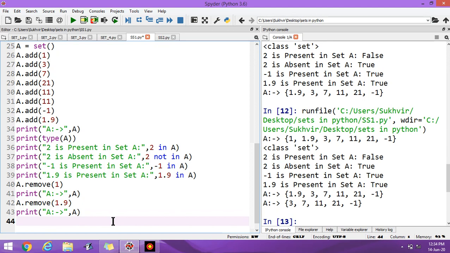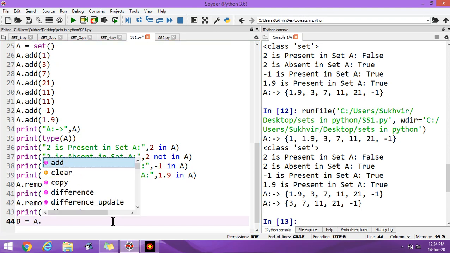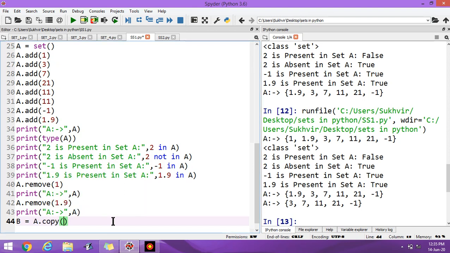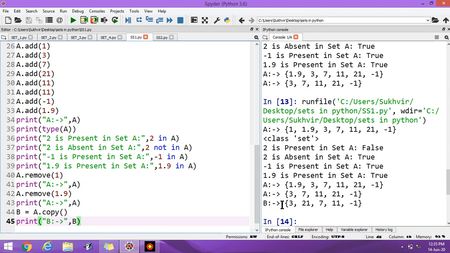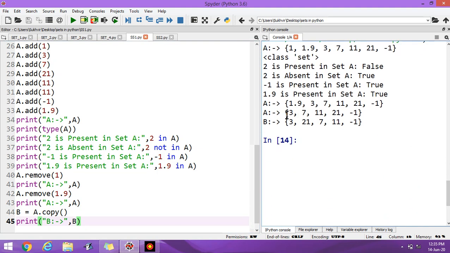Suppose we have to copy the elements from one into another, that B is the new set, A dot copy, then print the elements of B. You can see all the elements are the same as that of set A: 3, 7, 11, 21 and minus 1.